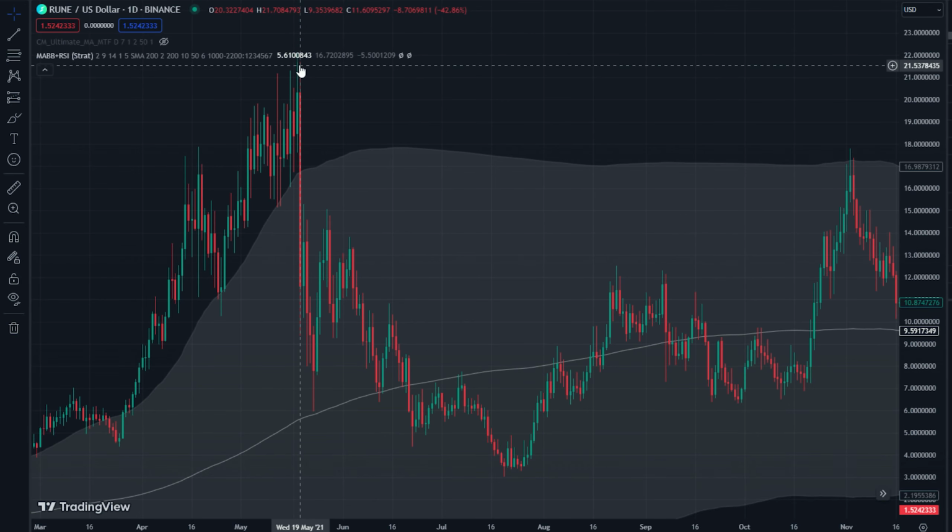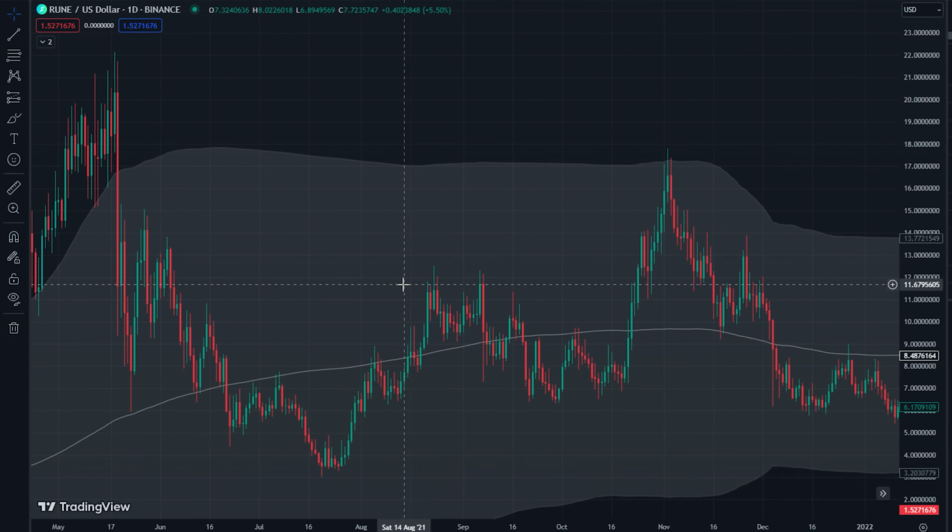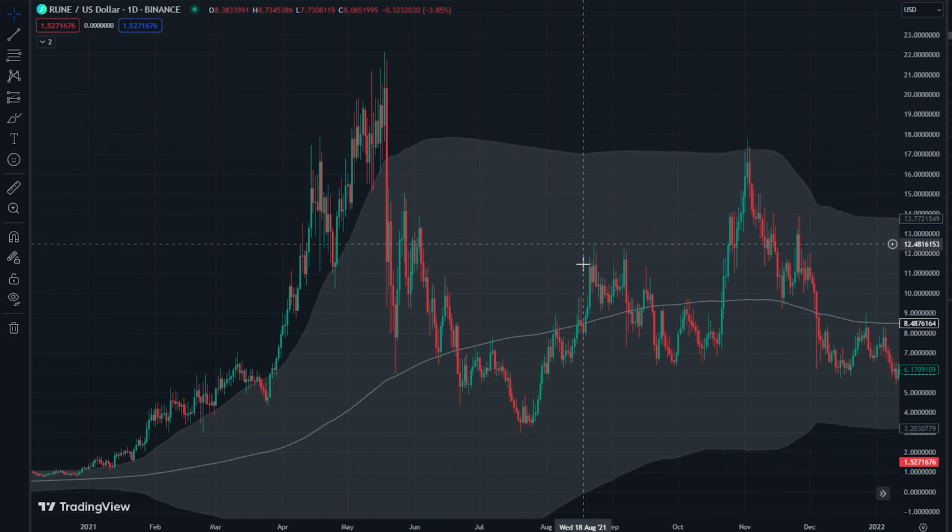So everybody thought originally when the bull run came that this was the peak. It obviously went down to here, and then afterwards we had a second pump. We saw this with Ethereum and Bitcoin. They had a May pump and an August pump, and RUNE seemed to have one much later, and then it dipped back down. It came back up again, came back down, and ever since it's been below the moving average,